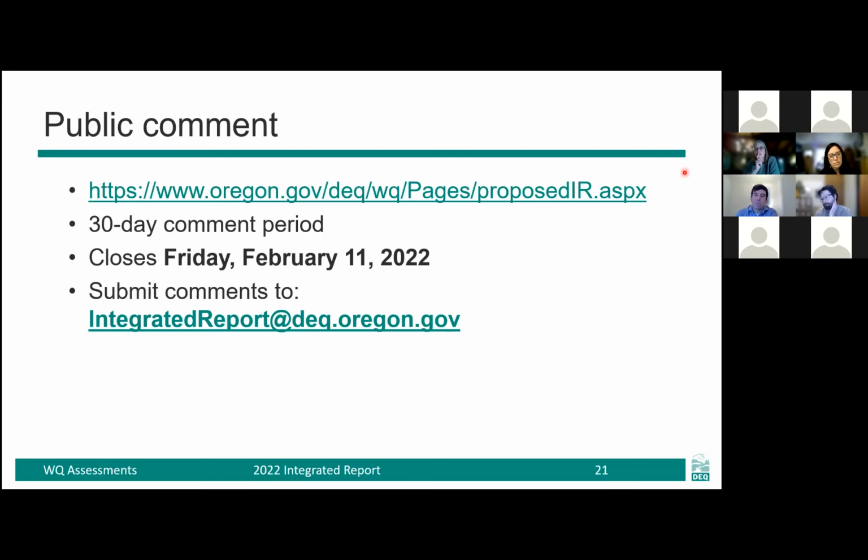Yeah, I believe that's one of the few reasons that we can delist something: directly showing data that the beneficial use doesn't apply, so we can delist based on the beneficial use change. And EPA has to approve this standards change in order for us to be able to assess it that way.